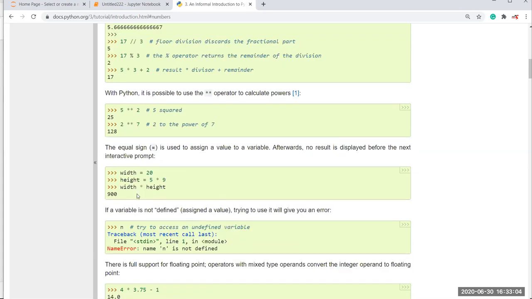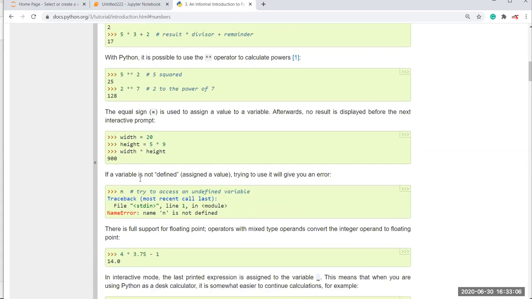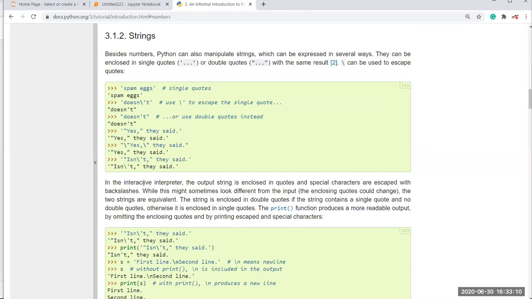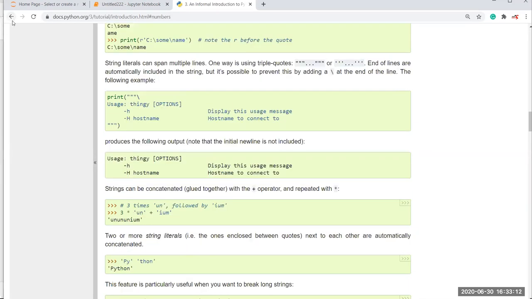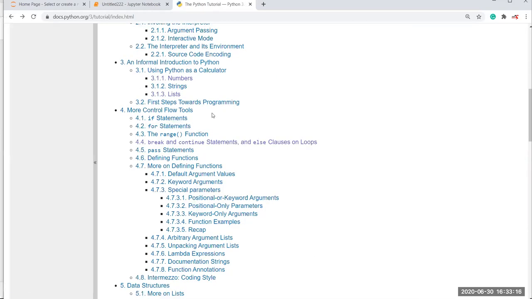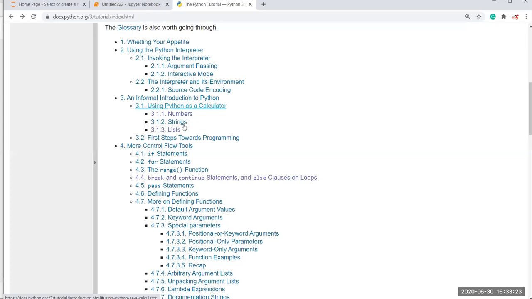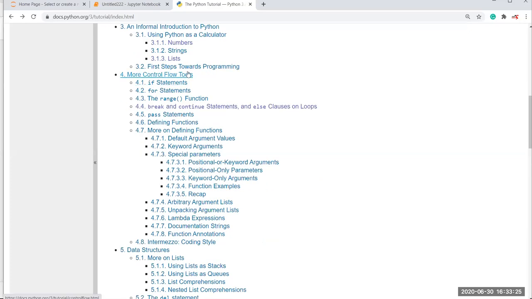Here we have variable declaration and this is strings. If you have any doubts on previous topics, you can take a look at this documentation and clear your doubts here.